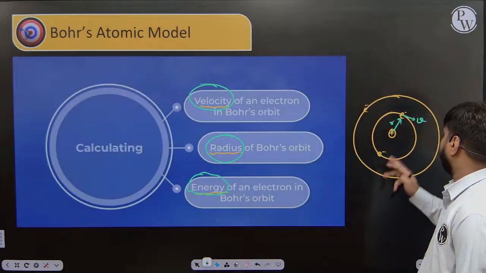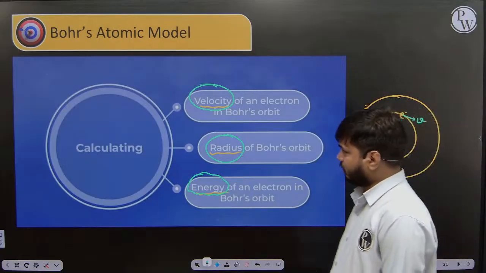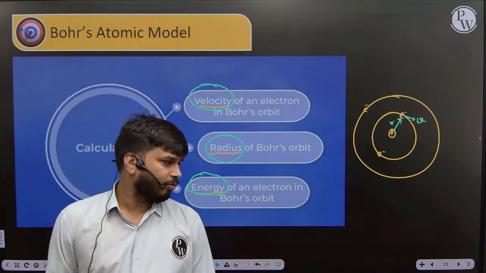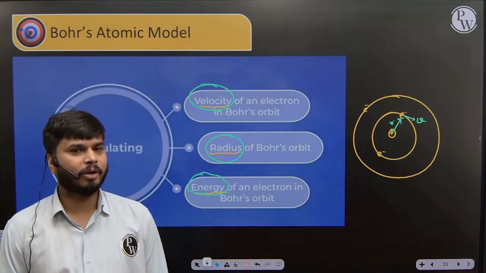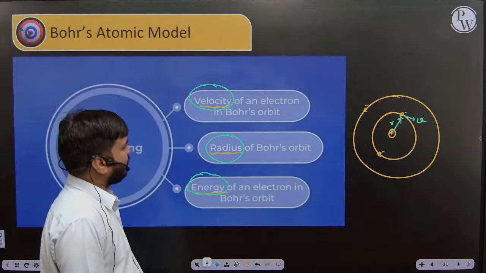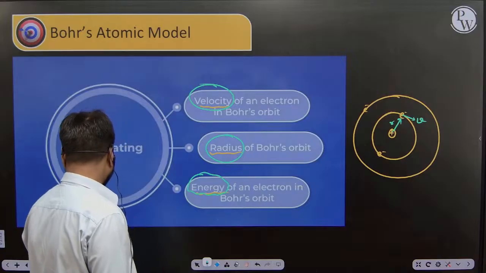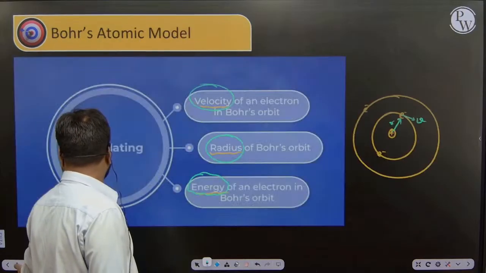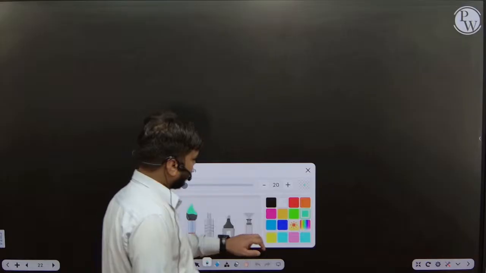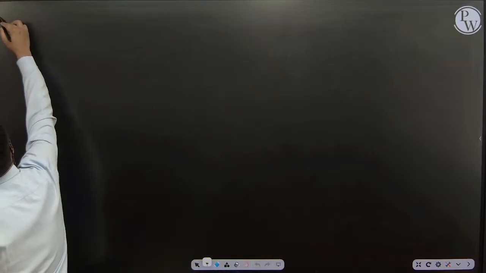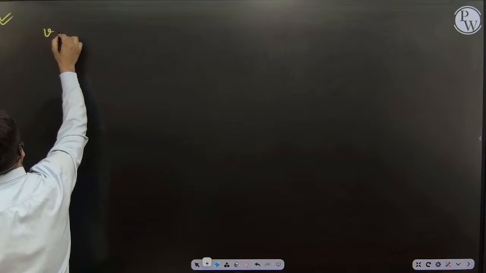Okay, so let's discuss them: velocity, radius, and energy. First we are going to talk about the velocity phenomena. So the first formula is about the velocity. When we talk about the formula of velocity, velocity will be equal to